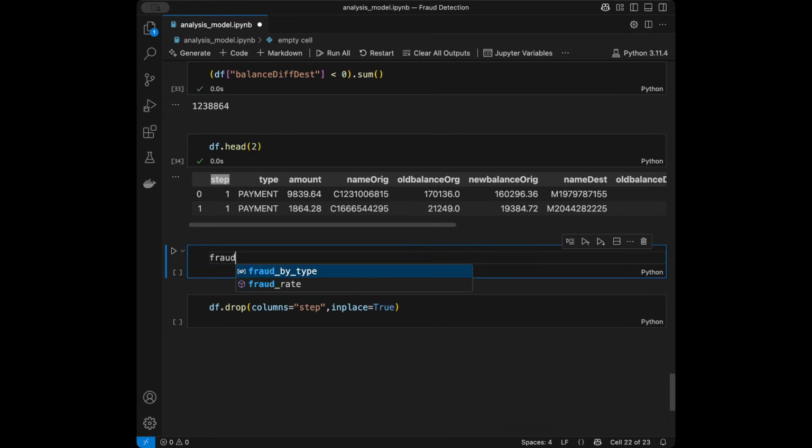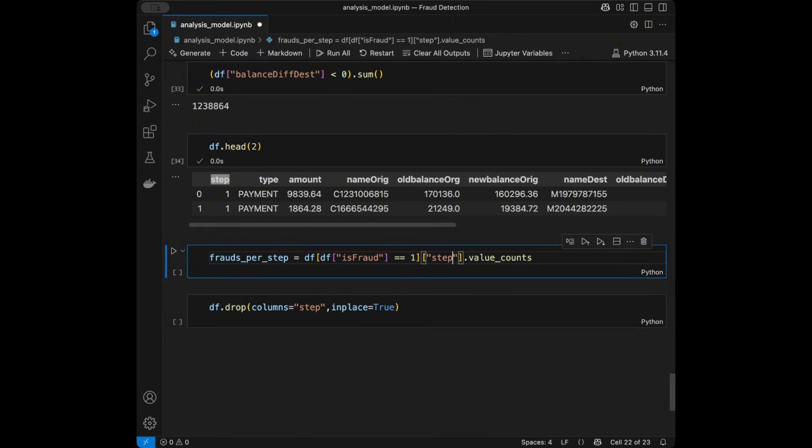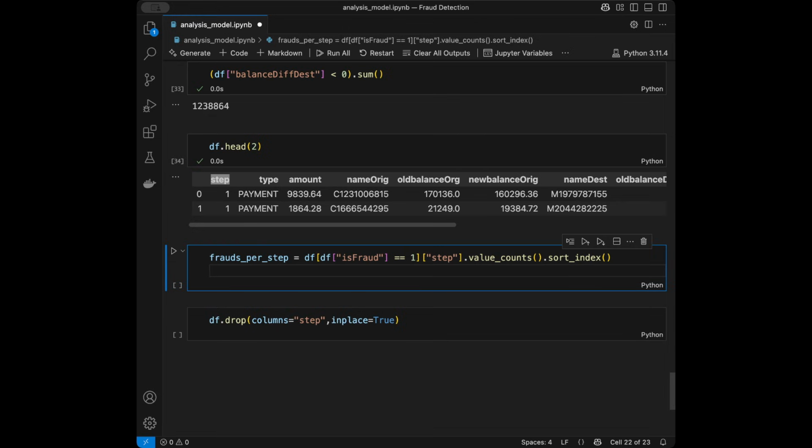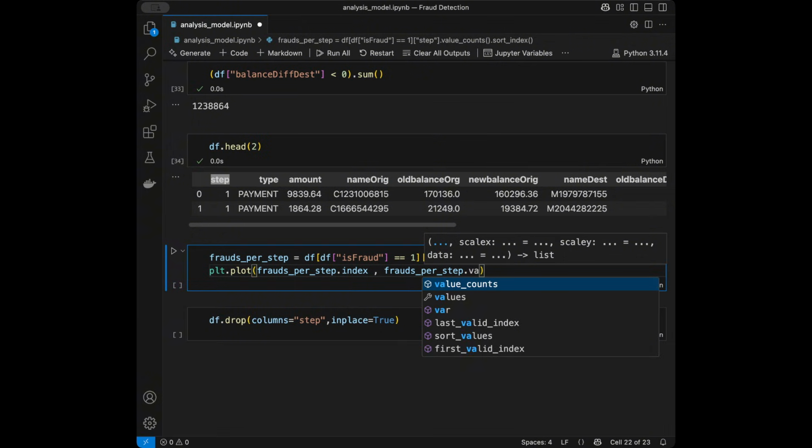So let's do that. Frauds per step is going to be data frame, data frame is fraud equals to 1, and I will take the values of step. I will use value counts, actually lowercase letters. I will take the value counts and I will say sort index like this. Next up, I will use plt.plot and I will say frauds per step, like this, and I will use index. Next up, I'm going to say frauds per step dot values, and I will say label is going to be